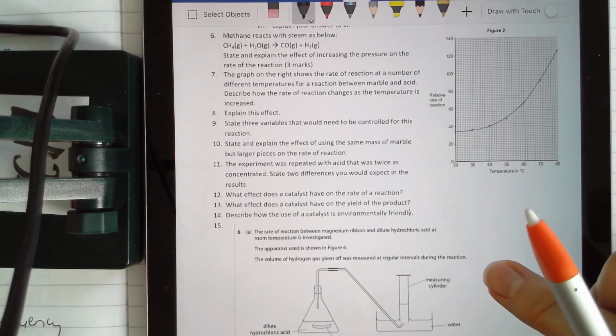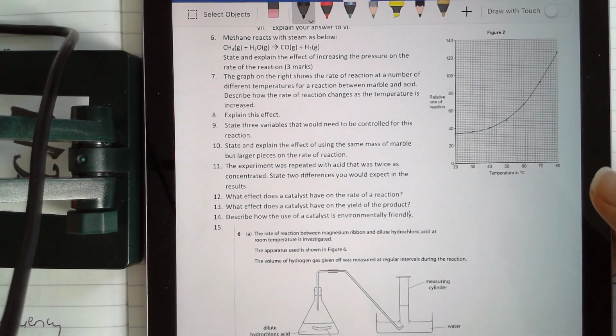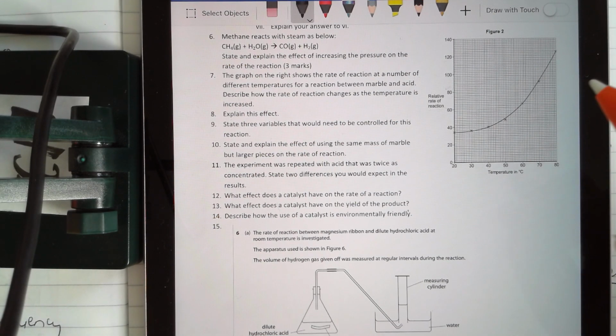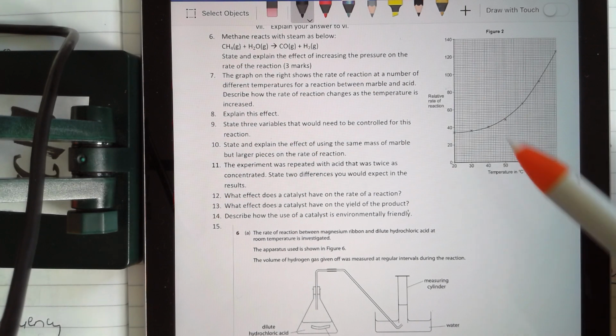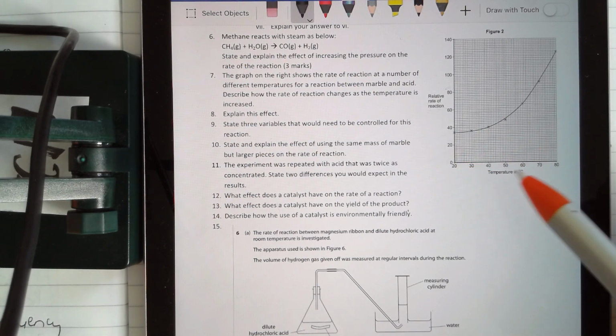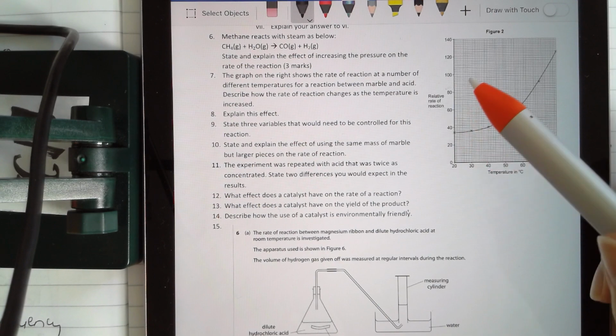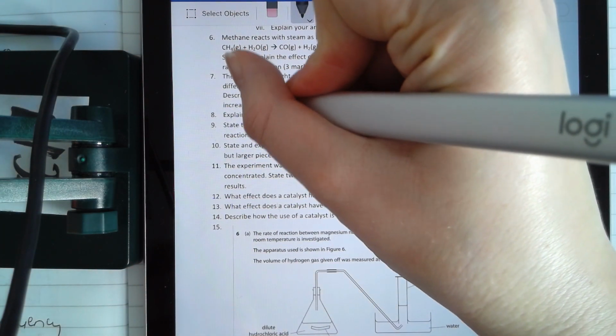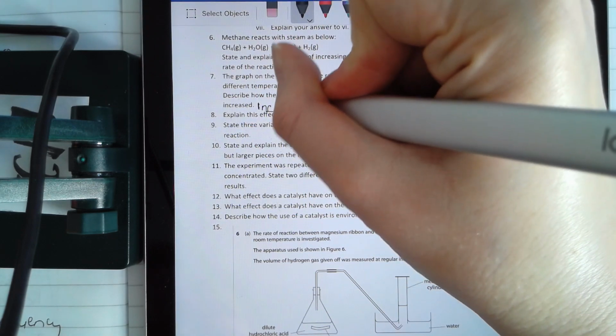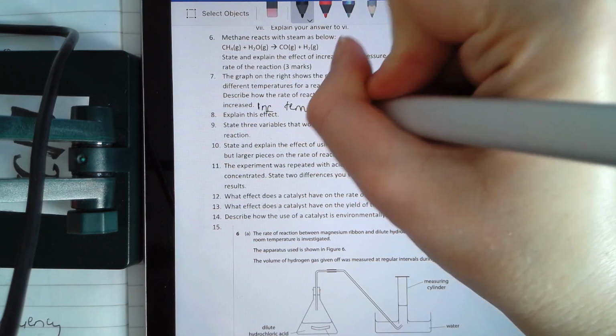Question 7 says the graph on the right shows the rate at a number of different temperatures for the reaction between marble and acid. Describe how it changes as the temperature is increased. So you see on the x-axis, you are increasing the temperature. On the y-axis, as the temperature increases, you see that the y values are also increasing. So I can simply say that an increase in temperature leads to an increase in the rate of